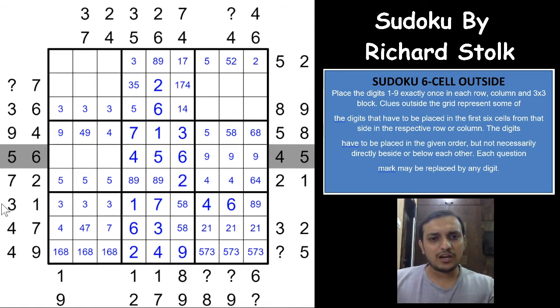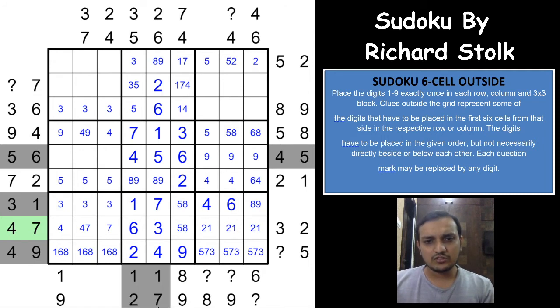So I will just mark a few here. 3 and 1 is done, because you have a 1 here, and 3 would have to be in one of these 3 cells. 4 and 7 is also kind of done here, right? Not to be looked out deep here into these clues. 4 and 9 is done. 1 2 and 1 7 are done. 8 and 9 is also done. This 8.